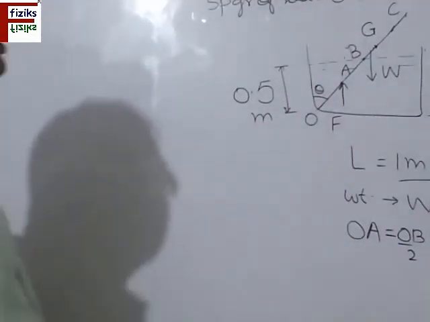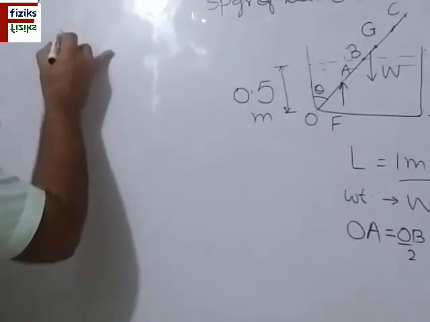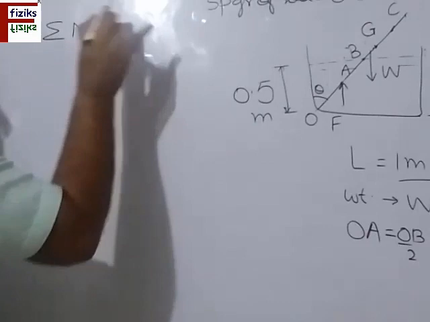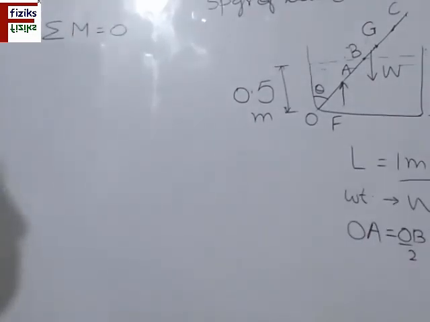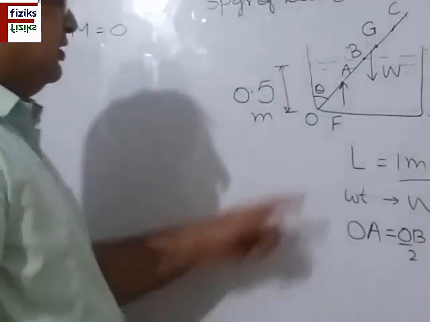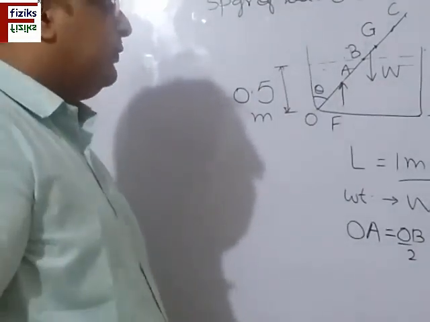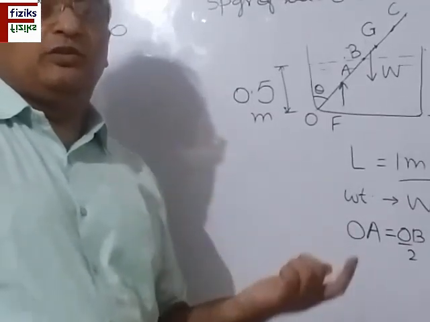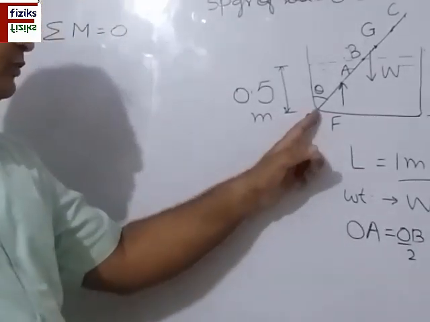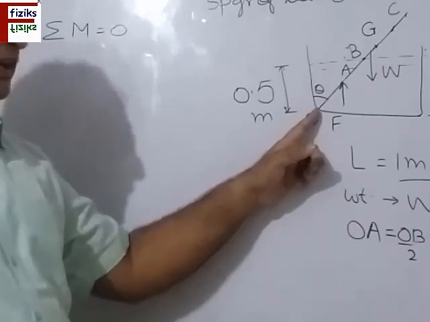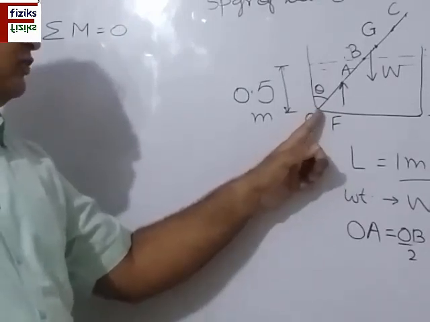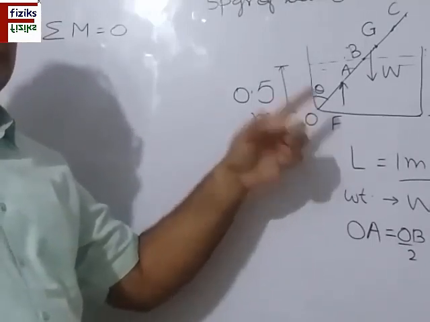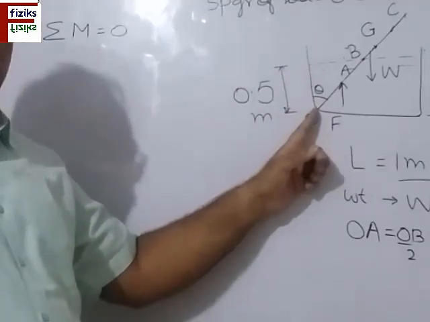So what we can do here is, for the equilibrium of the rod, net moments, summation of all the moments about a point must be equal to 0. And what are the forces acting? Thrust force and weight. So what point should we choose so that the minimum forces are taken for calculating the moments? Let us take this point O, because here we have a hinge, and if I do not take this point, I will have to take into account the reaction at the hinge also, which is unknown. So take the moments about this point.